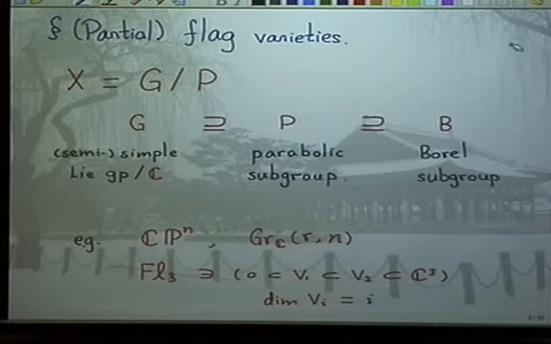All right. So the topic is about partial flag varieties. To begin, let me first explain the geometry of the space, and then how to compute the Gromov-Witten invariant and so on. So let's make sure that you all understand the space well. So the space X is G over P, where G is a